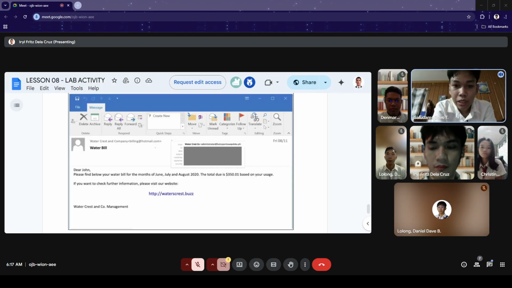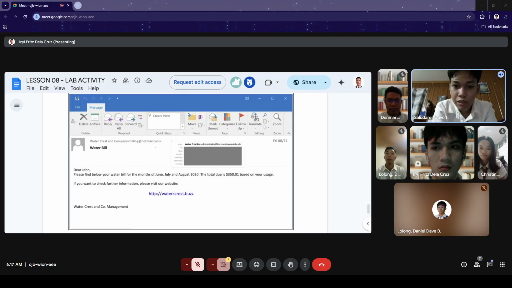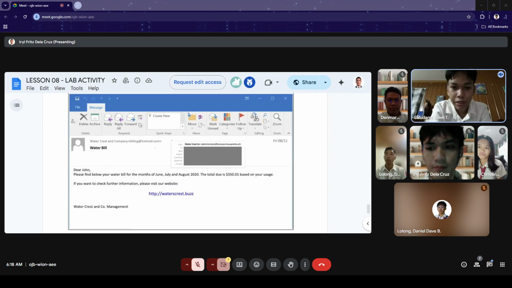So after we check the URL, we need to analyze the file using the hash. I think it is provided with a hash. We can use a tool like MD hash or VirusTotal. So we can check the attachment if it's malicious using that. Then we can identify again if it is flagged as malicious or not malicious.